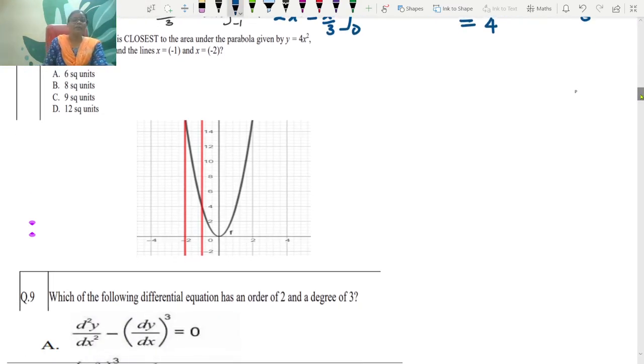I'm trying to show it how to, because इस question के लिए आपको ये graph बनाना पड़ेगा, तभी आपको समझ में आएगा कि ये इंटीग्रेशन किसका है. This is the question based on definite integral. तो आपको इवैल्यूएट करना है इंटीग्रेशन से, एरिया निकालना है इंटीग्रेशन से। तो आप जब तक कर्व नहीं ड्रॉ करेंगे या रीजन आइडेंटिफाई नहीं करेंगे, तब तक आपको लिमिट कौन-सा लगाना है नहीं समझ में आएगा।